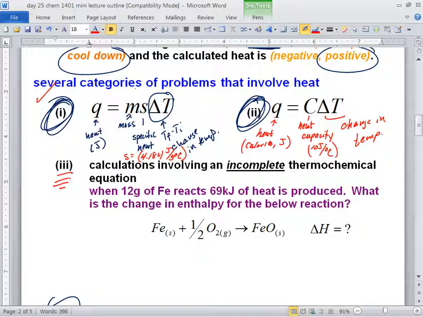Changing enthalpy has a delta H, and it has a reaction. You have a reaction and the delta H, a change in enthalpy. That's a thermochemical equation. You need both. So that's what equation 3 is all about. It's saying, okay, we're going to give you the reaction, but we're not going to give you what the change in enthalpy is. You have to calculate it. So that's the third type of problem, writing these thermochemical equations, making them complete, getting a number for that